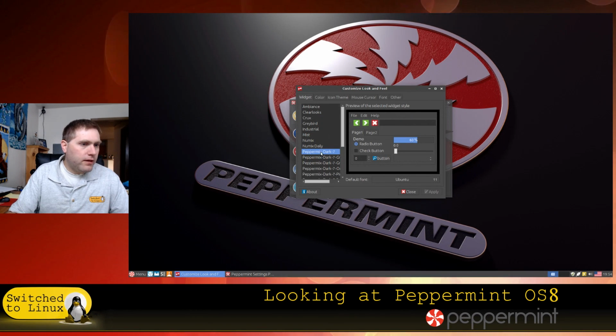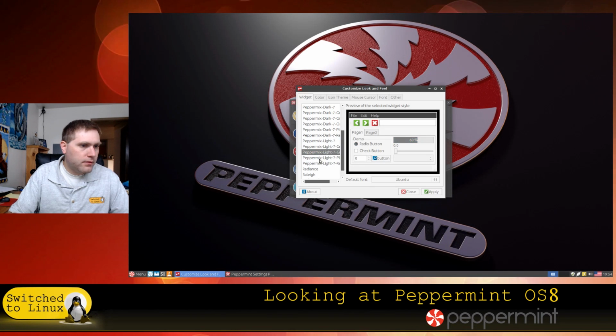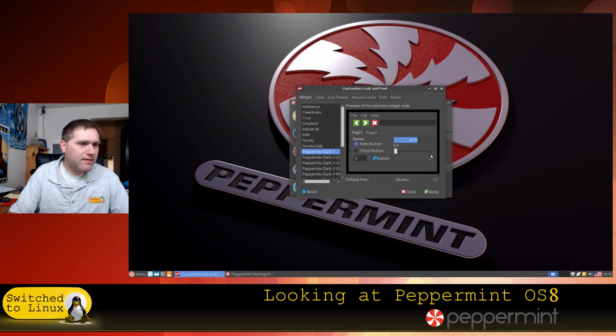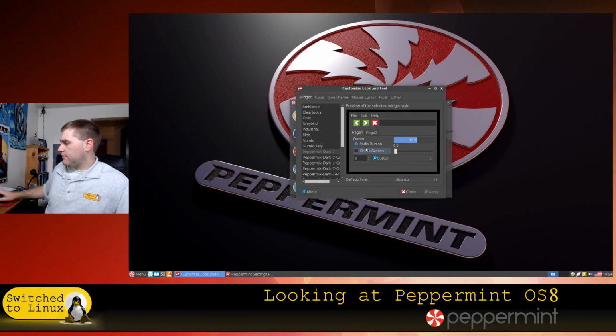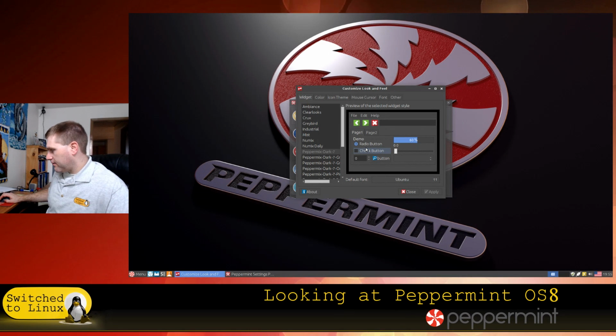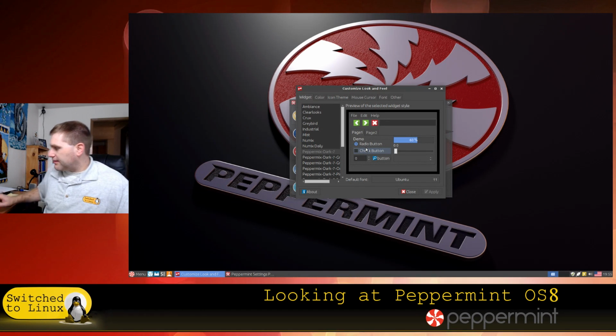Here's your look and feel. So here is your Peppermint 7. The light themes. I like the dark themes by default. It looks like this is actually using the same... I'm going to look into that real quick. Yeah, it says it's the same